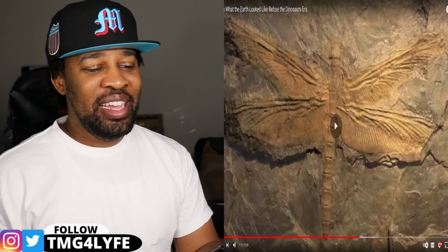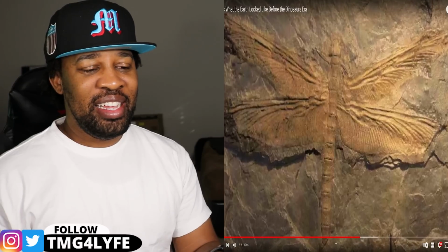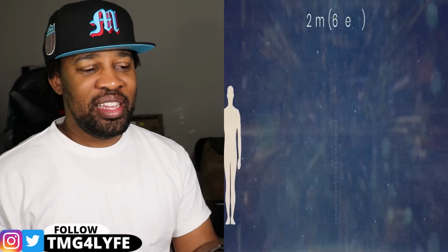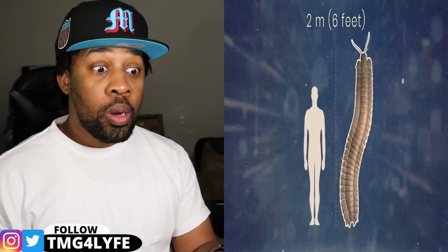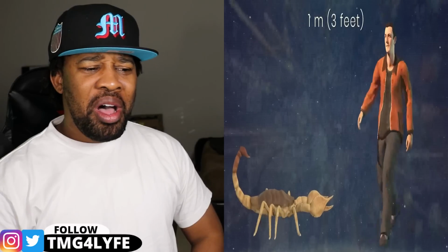A detailed fossil of a huge dragonfly that died 320 million years ago was discovered to have a wingspan of 0.75 meters. Deadly poisonous centipedes, 2 meters long, crawled around with mammoth cockroaches and scorpions as big as 1 meter long. Amphibians began to diversify, and reptiles evolved into forms much like modern-day lizards with a backbone, allowing...